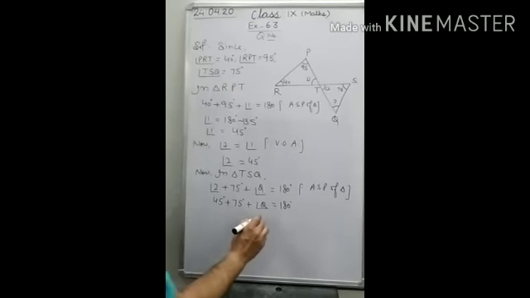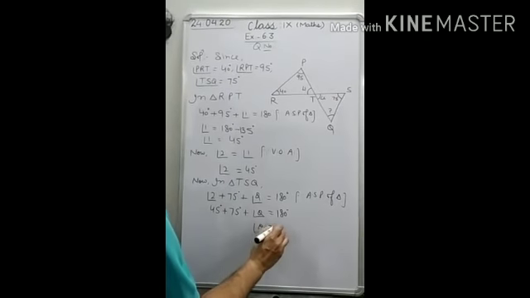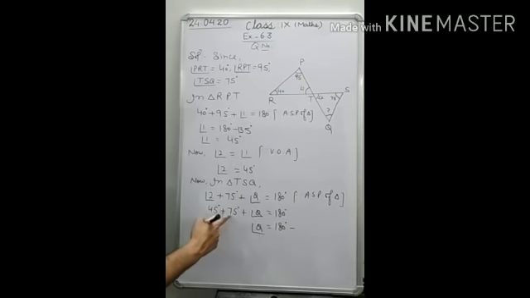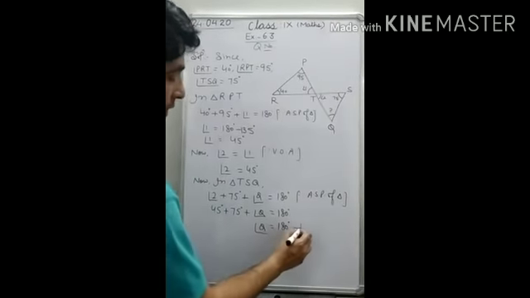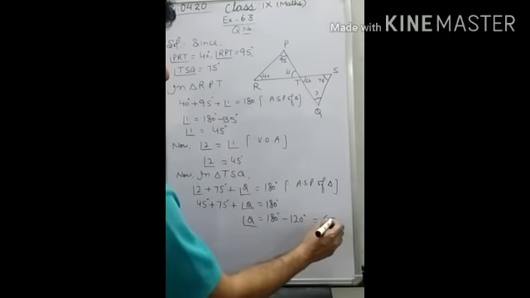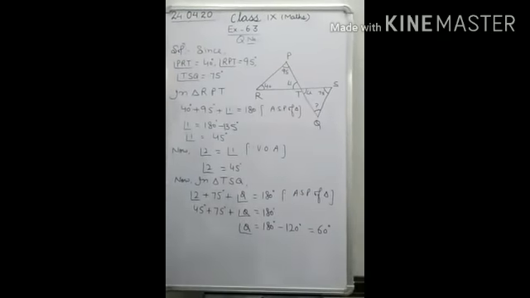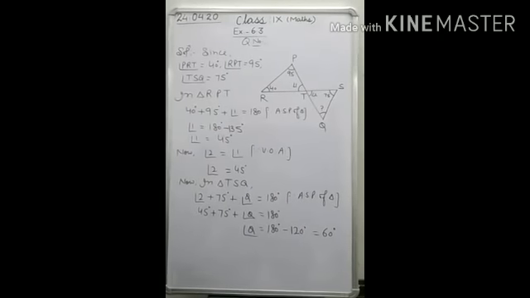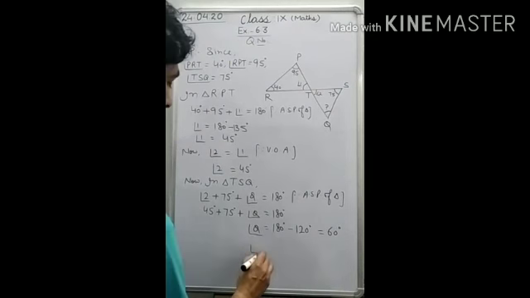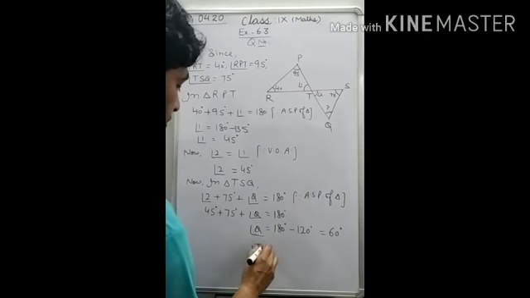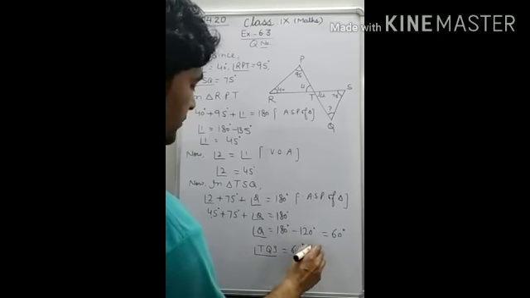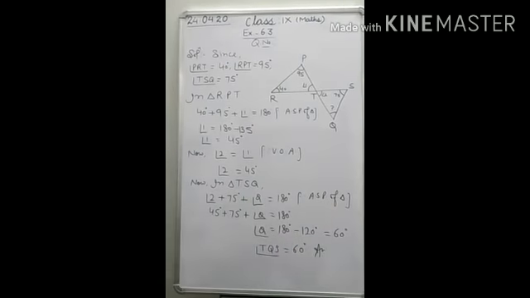Now from here what will be the measure of angle Q? It is 180 minus the sum of these two, 5 plus 5, 10, 7 plus 4, 11, 11 plus 1, 12. So how much is it? 120. So how much will be left? It will be equal to 60 degrees. Now write the complete name of this angle. What is the complete name of this angle? So we write therefore angle TQS is equal to 60 degrees. This is the answer of this question.